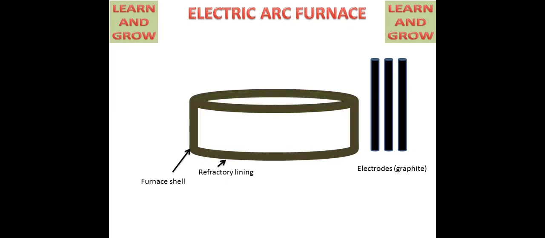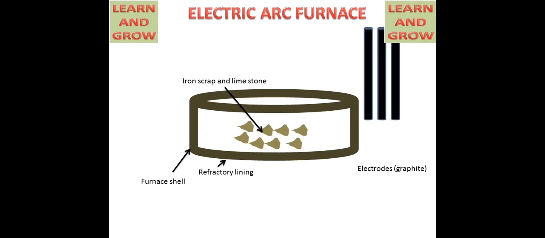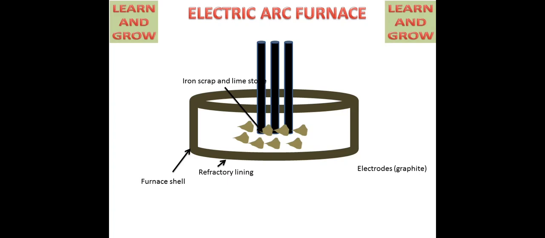Now what will happen? The upper cover will be removed and iron ore particles will be charged into the combustion chamber, or into the furnace. These are the iron, scrap and limestone particles. Then the electrodes will be inserted into the combustion chamber and it will be covered by the upper cover. These electrodes are connected with the power supply and when the power supply is on, these electrodes will create an arc and produce a heating effect in the chamber.